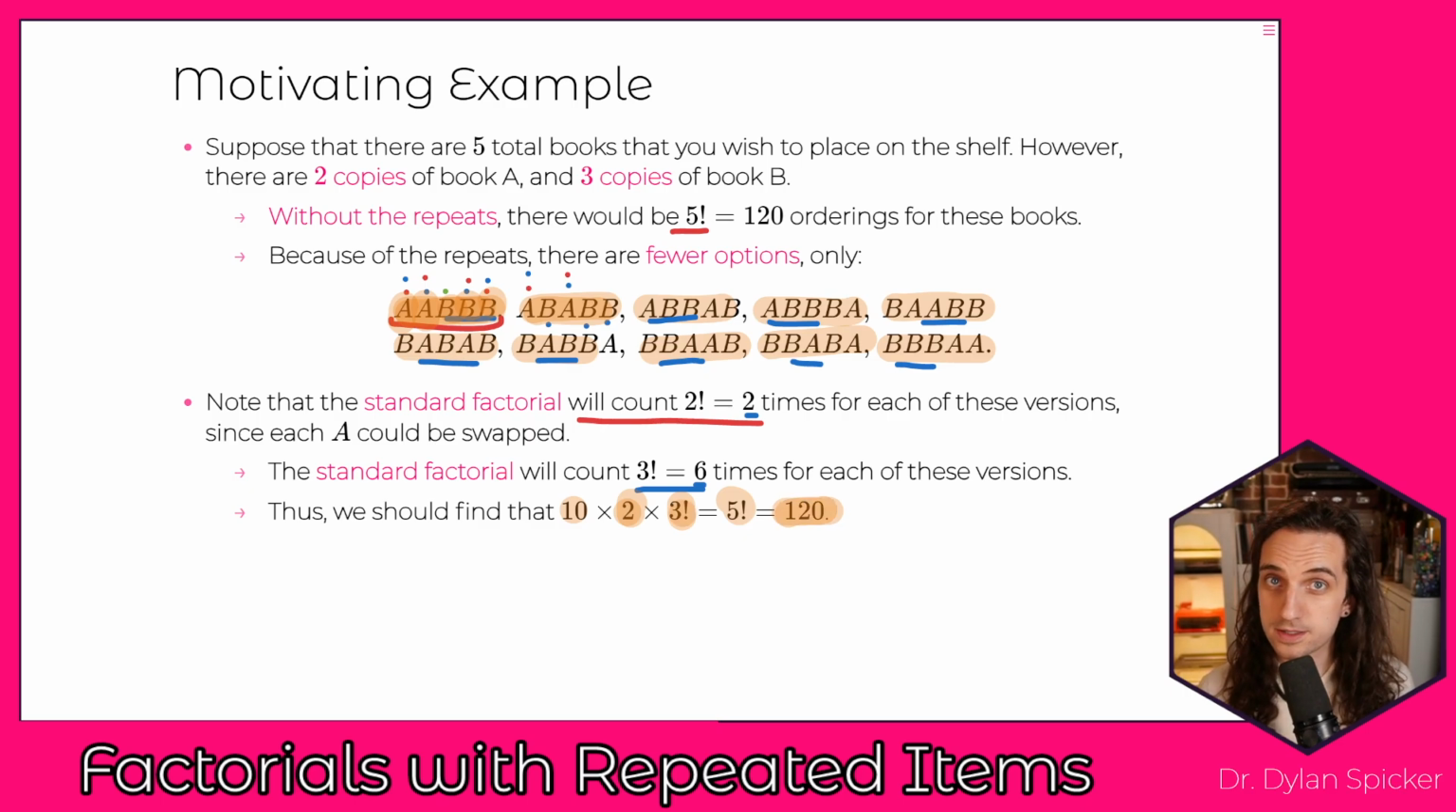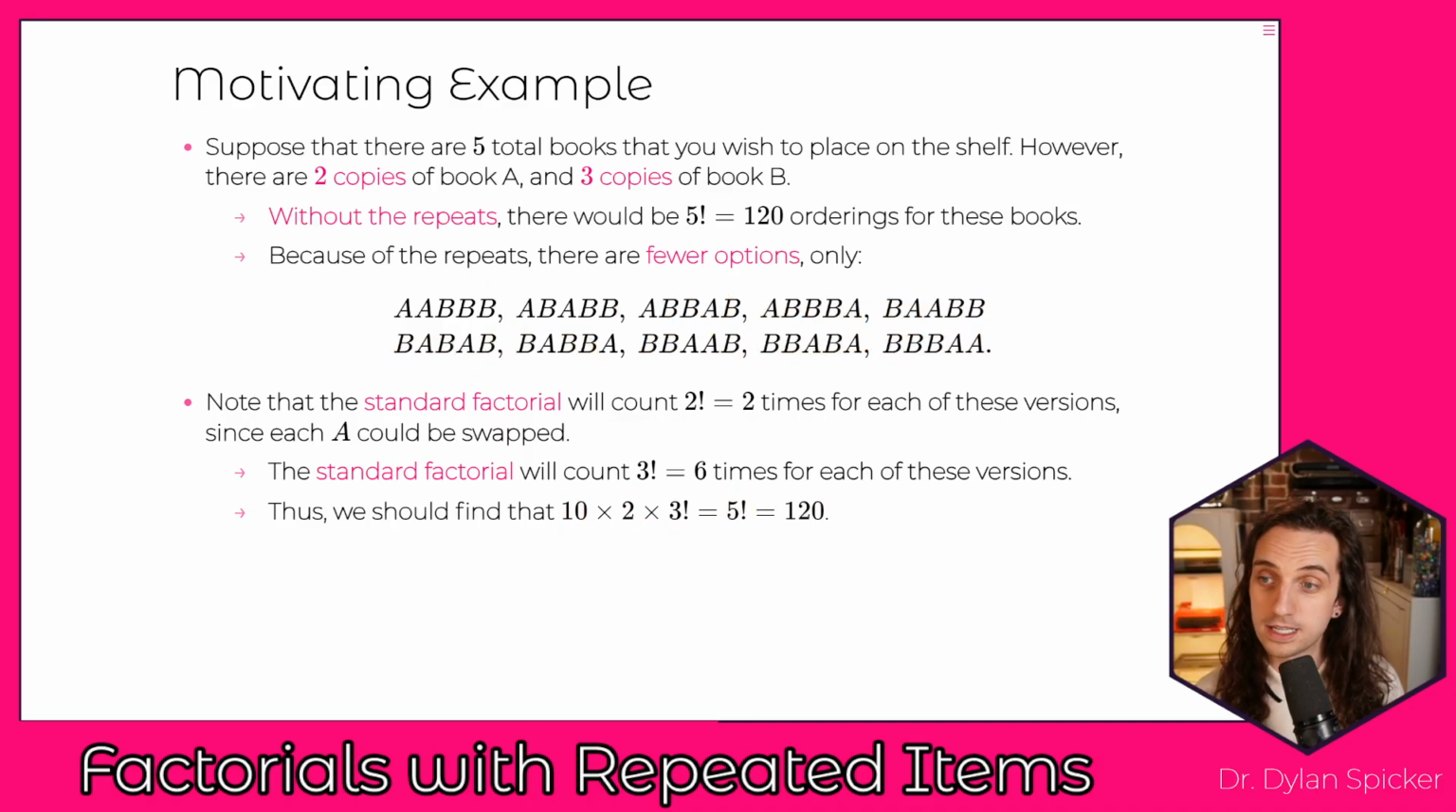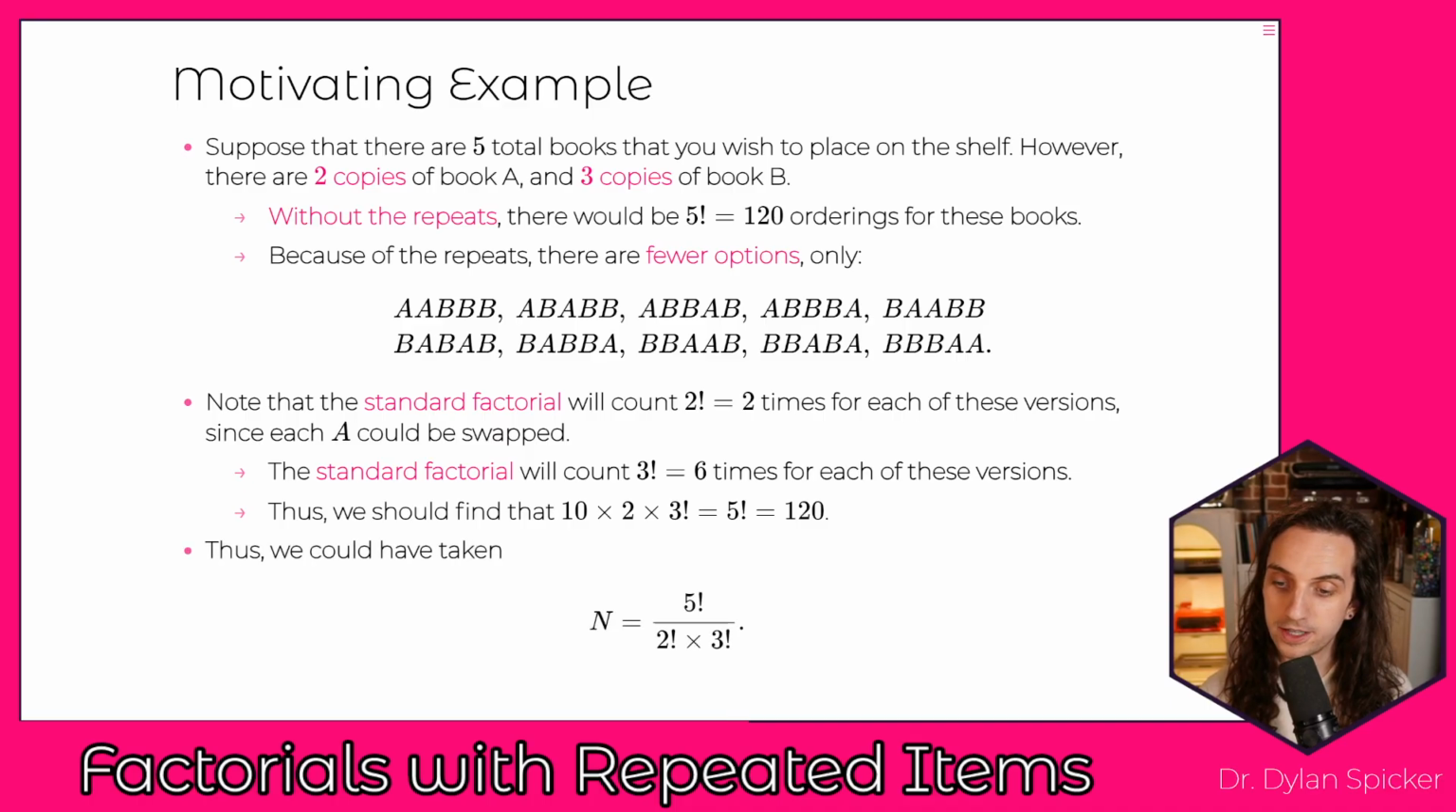And so in other words, what we can do here is think about this 5 factorial that we're dealing with as being broken down: pick one of the unique orderings, and then pick an ordering for the A's, and then pick an ordering for the B's. If we wanted to figure out how many ways there are of picking out these original orderings, the total number is going to be n, which is 5 factorial divided by 2 factorial